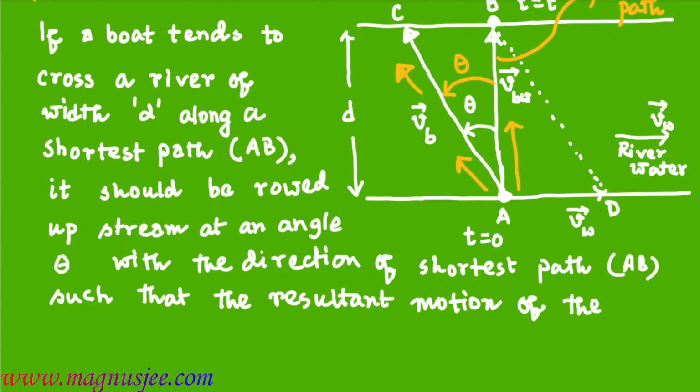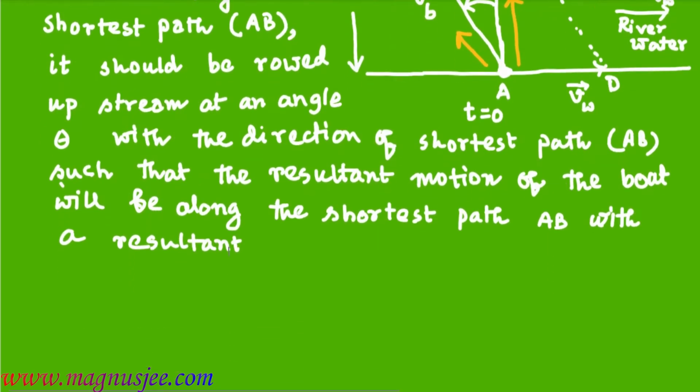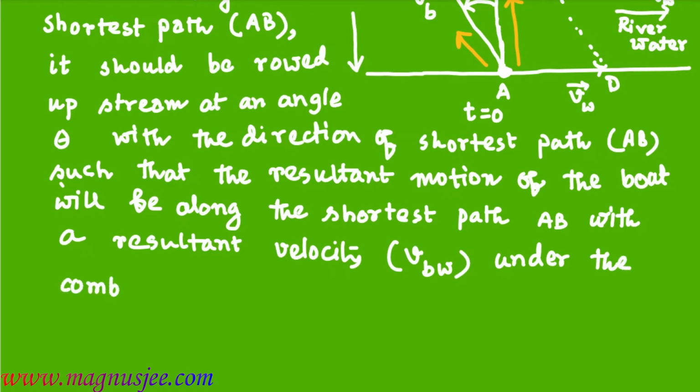Such that the resultant motion of the boat will be along the shortest path AB, with a resultant velocity VBW of the boat, under the combined action of the motion of the boat with velocity VB along AC and